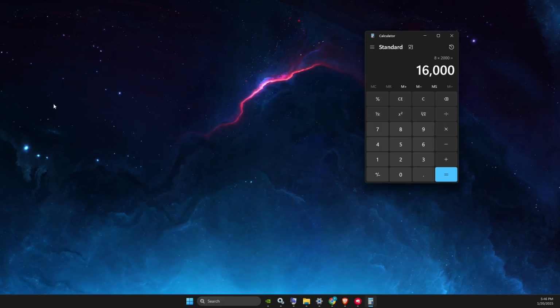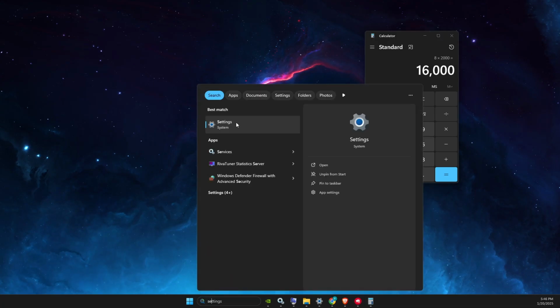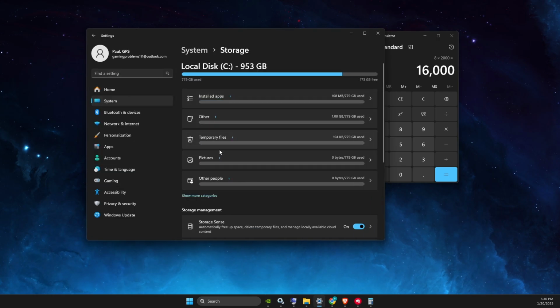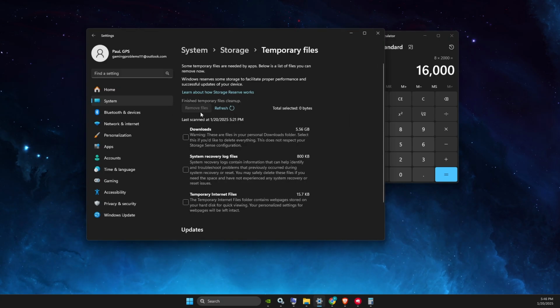So the other step, go to settings, go to storage settings, then go to temporary files, and then select all the files here, and then remove files. Also, it will help with the game. Then